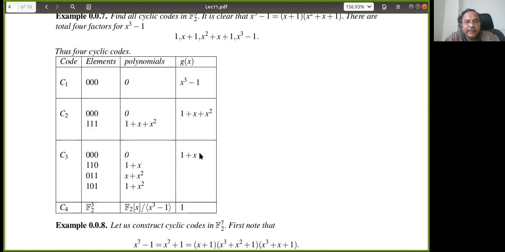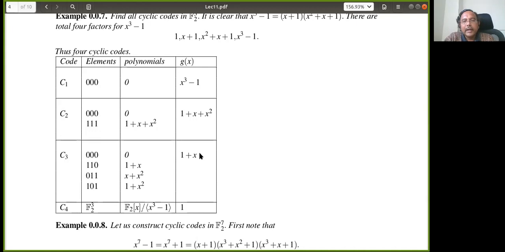Look at how I am getting that; you will understand here. So 1 plus x. What is the 3-tuple corresponding to 1 plus x? 1, 1, 0. The x square coefficient is 0. Now I'll multiply 1 plus x with x. x into (1 plus x) gives x plus x square. What is the code related to that? 0, 1, 1.